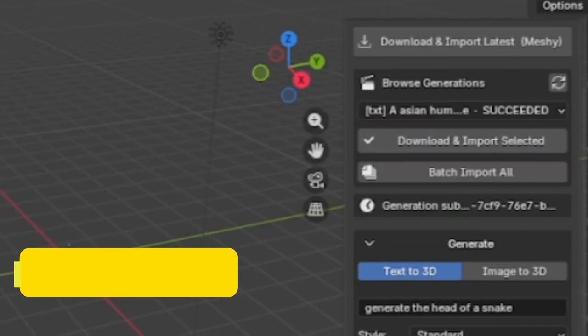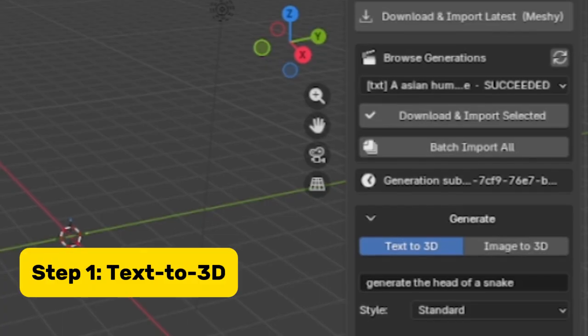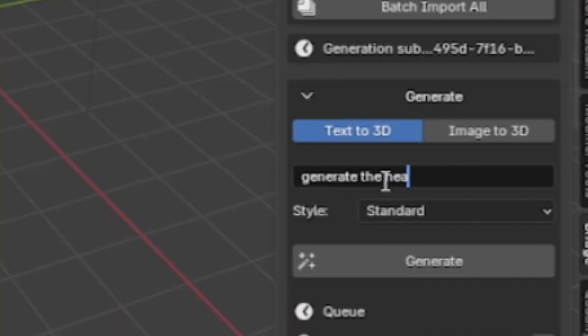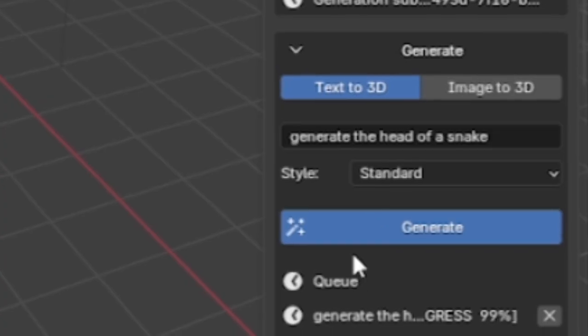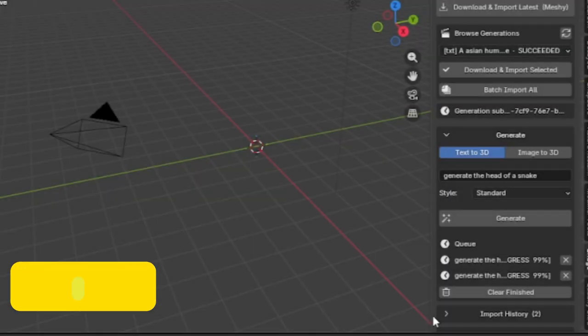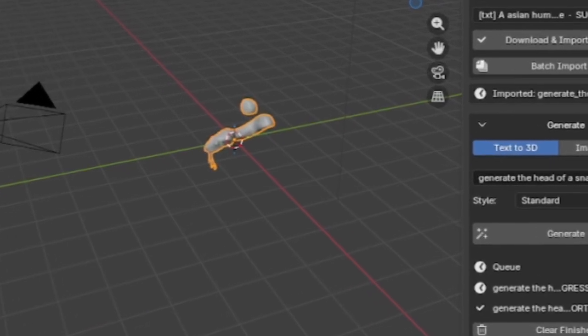First, we open the Quadify Bridge module, which integrates directly with the Meshy API. Simply type in your prompt. Click Generate, and the add-on handles the request queue in the background. In a few moments, your new asset is created and automatically downloaded, and the generated mesh is imported straight into